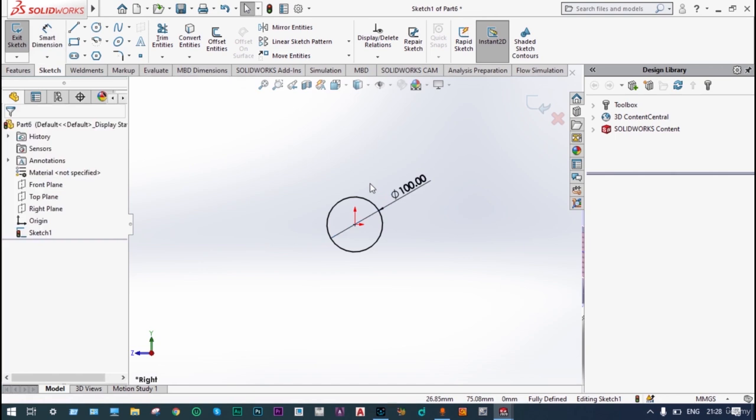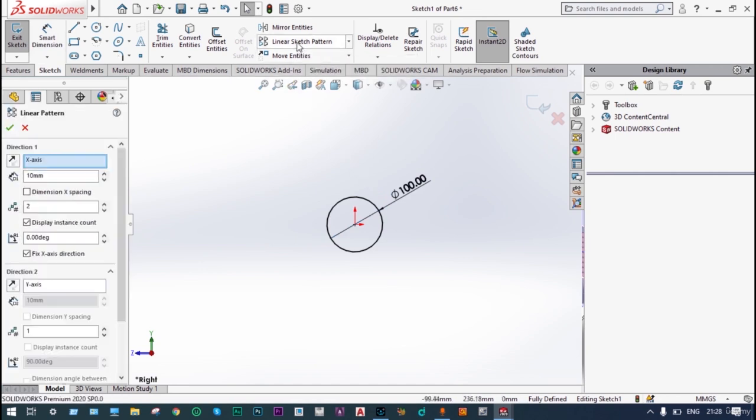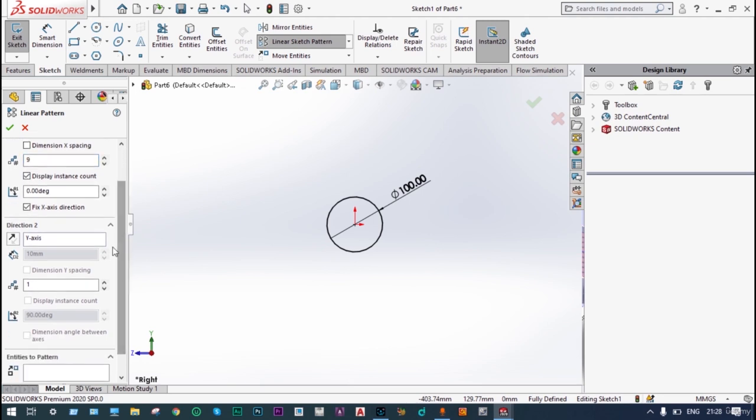Okay, so select linear sketch pattern, and we want to provide these circles at a specific distance, 125 mm away in the x direction, and we want 9 numbers. Similarly, we want the same thing along the y direction